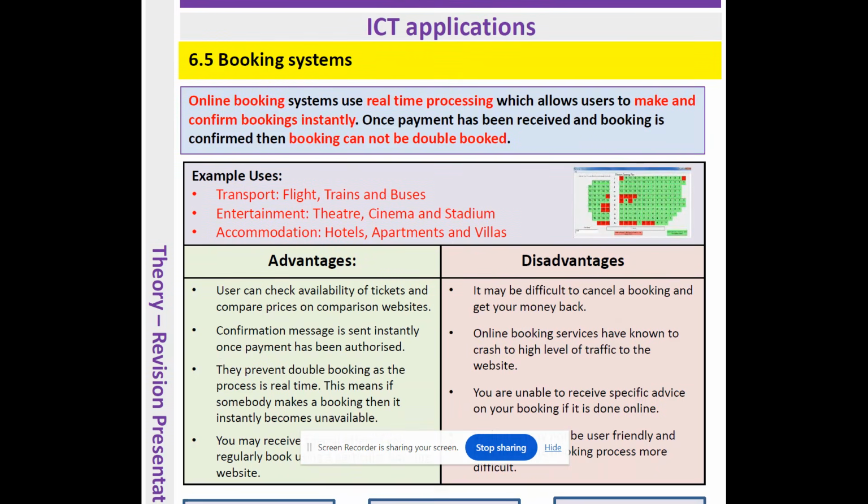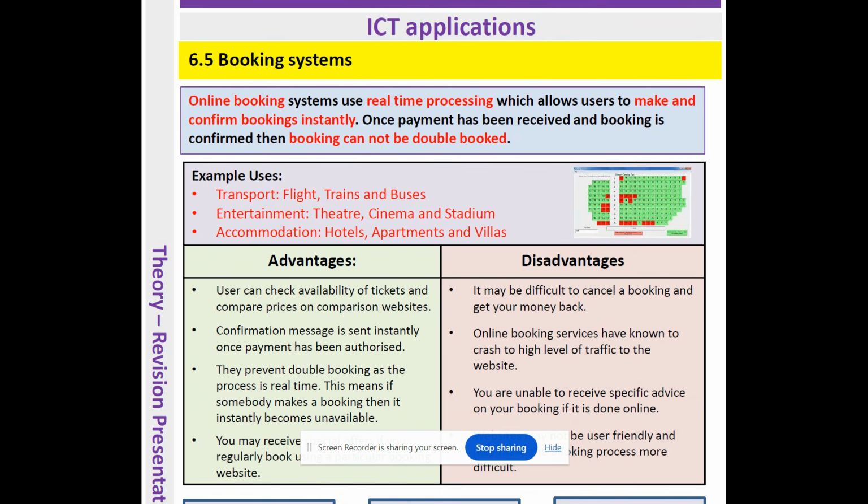Okay, guys, we're now going to be looking at 6.5 online booking systems. Booking systems is a type of question that comes up quite often in recent papers. You probably all are familiar with booking, and maybe you're familiar with going to the cinema, booking a seat in advance. What you don't want is to turn up and someone has sat on your seat, so you've got a double booking. And the use of online booking allows us to minimize double booking because any process is managed